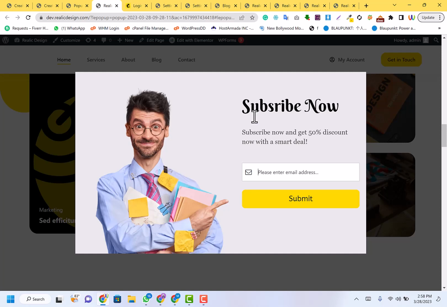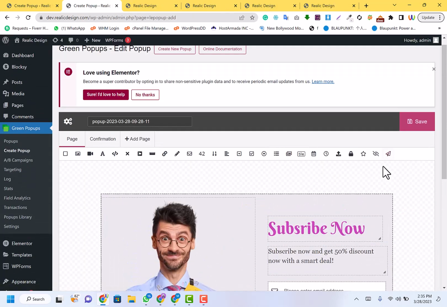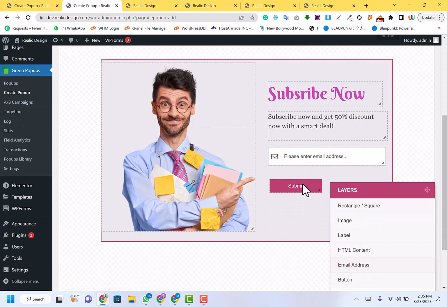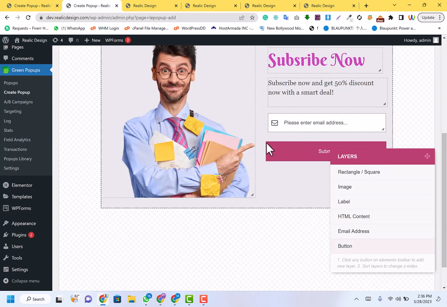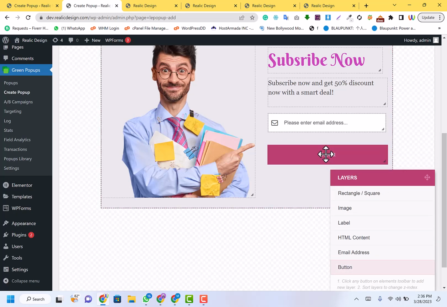You can add an OnLoad pop-up, an OnExit pop-up or an inactivity pop-up, or anything that you want to do, and you can design your own pop-up with your own design. You just need a few clicks, and with drag and drop you can design this kind of stunning pop-up